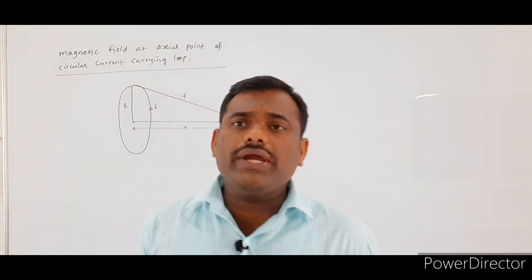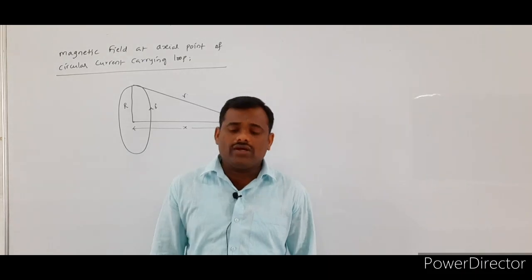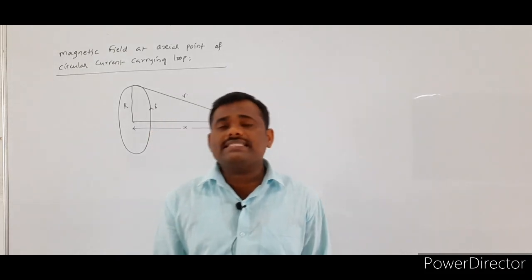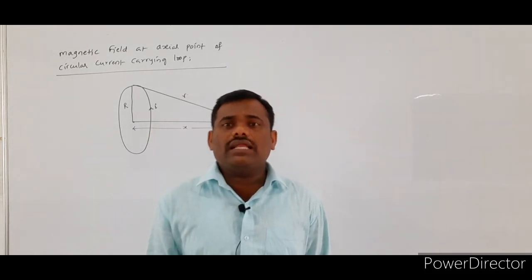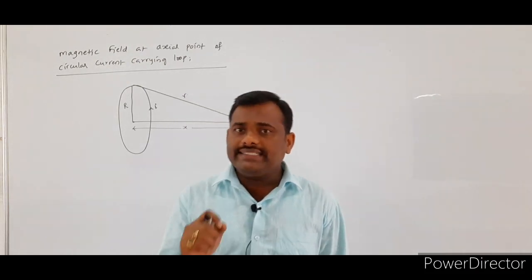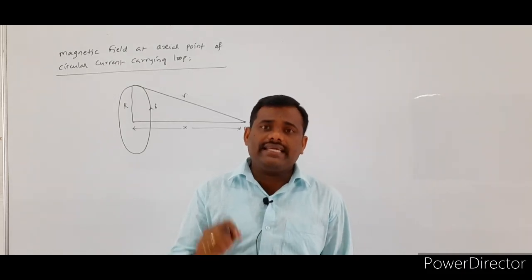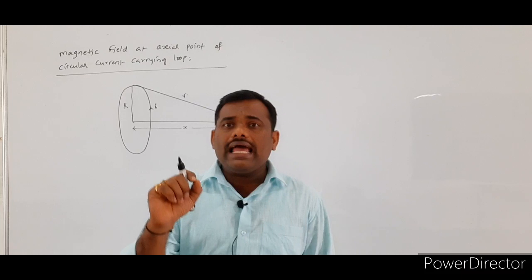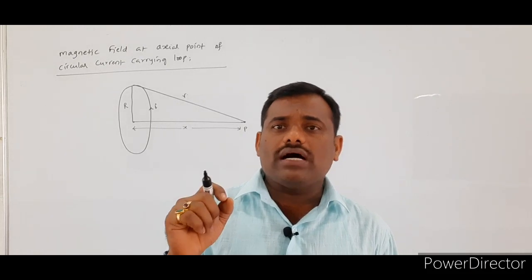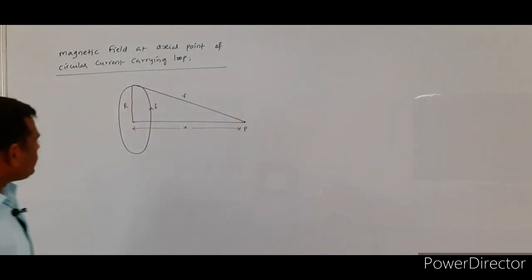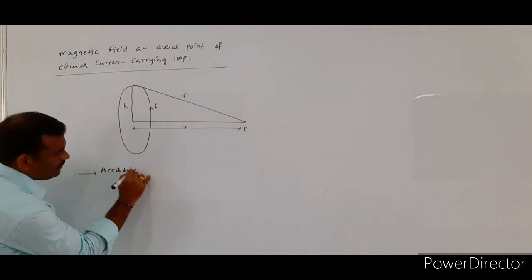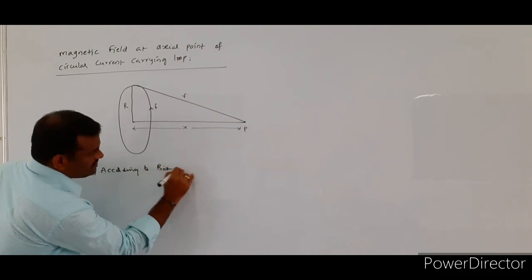So before going to discuss this circular current carrying coil, in the last class we discussed the Biot-Savart law. Which topic we discussed? Biot-Savart law. So what will the Biot-Savart law be giving? The Biot-Savart law will be giving the amount of the magnetic field intensity at a given point due to the small element having the length of dl through which I amount of current will be flowing. So according to the Biot-Savart law,